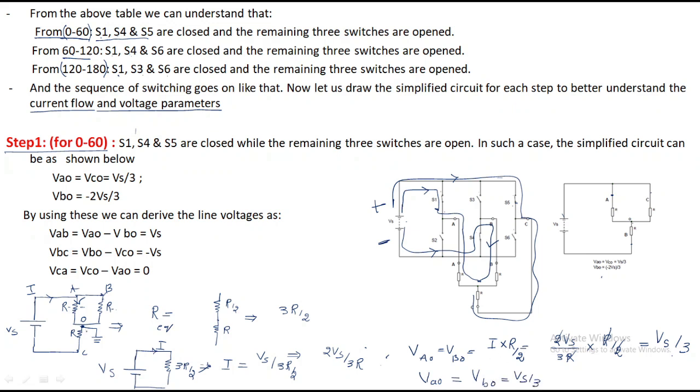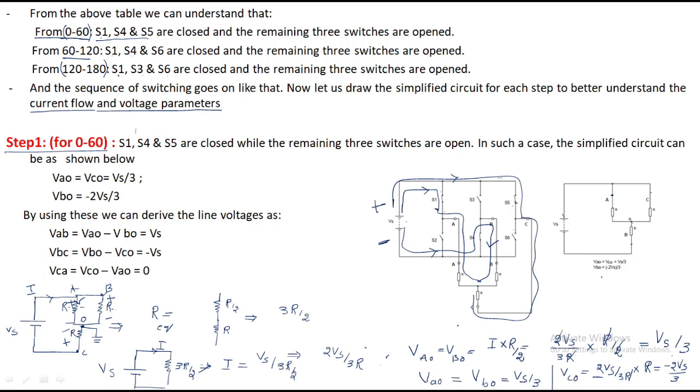But what about the voltage across this? This voltage is plus minus, but this one is minus plus. So if you find out this, you will get the reverse direction. That's why you will get the current as, so VC0. If you take the VC0, that equals 2 Vs by 3R, that is the current, times the resistance. Finally you will get minus 2 Vs by 3.